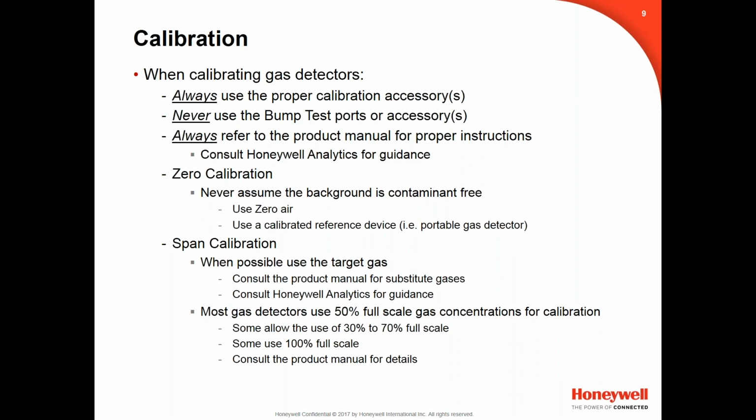Honeywell has a very good 4-gas detector. It's CO, oxygen, H2S, and LELs. And so that's always a good detector to use when you're in the field, when you're trying to verify the background is contaminant free. So when we go to the span calibration, we always want to target with the span